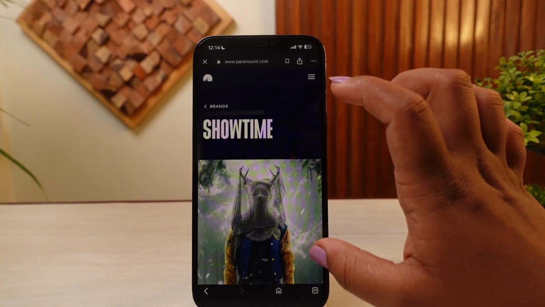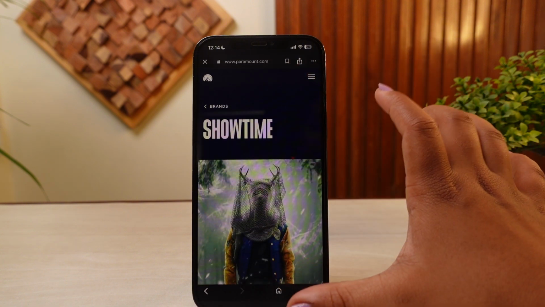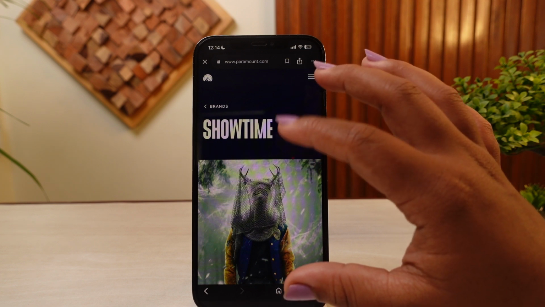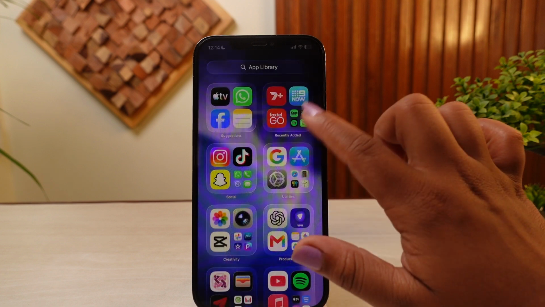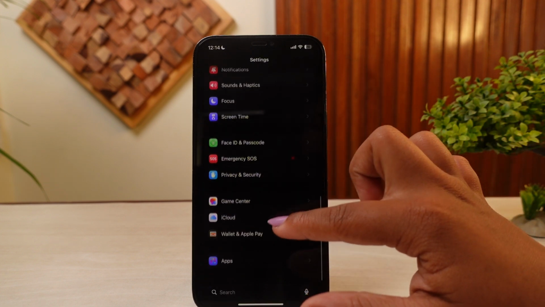So after doing that, if that did not help, then you can try to clear all of the app data or clear all of the cookies and cache of your browser. So you can actually get into the device settings, and on your settings you can scroll all the way down